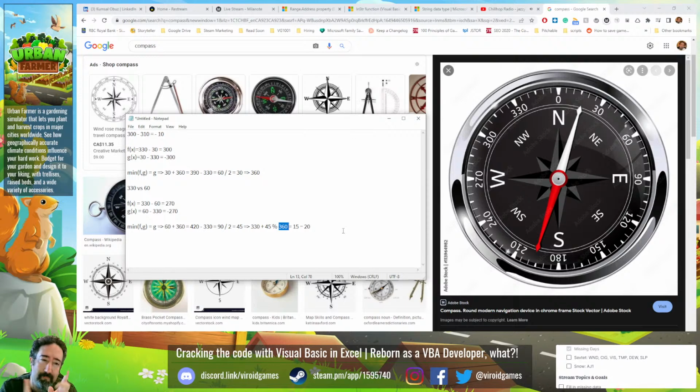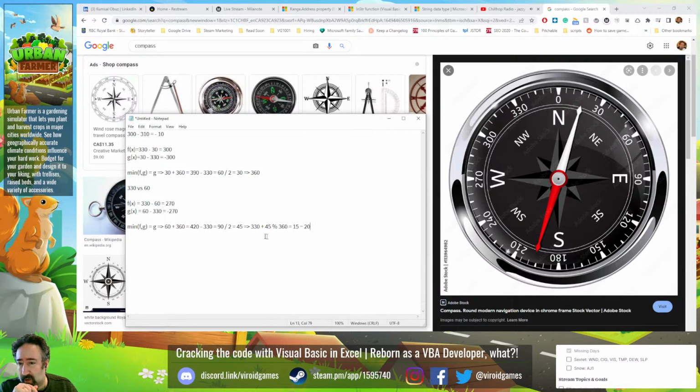Then we have the opposite case. We want to go from 60 to 330. Let's also simulate that case too. We have minor problems here, but we'll fix those. So we want to simulate 60 versus 330. So by this rule, we want to do something like this, which is essentially this problem, but